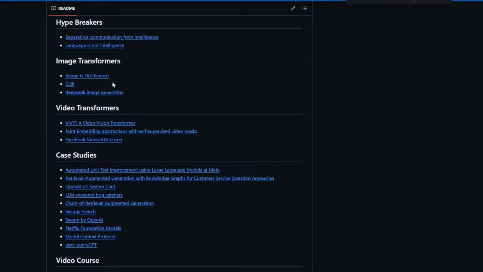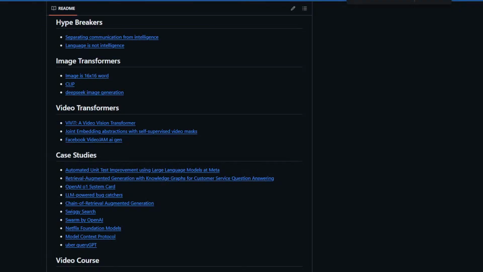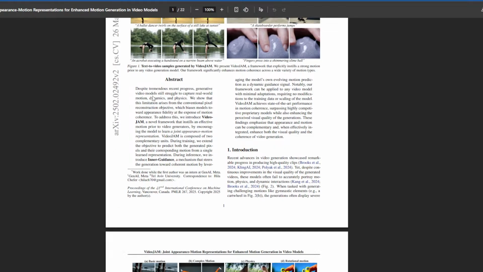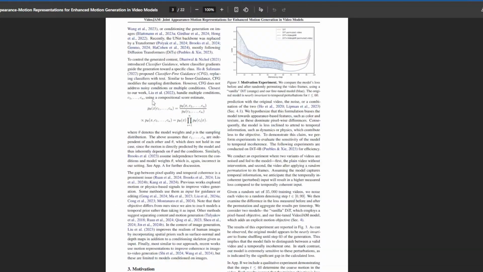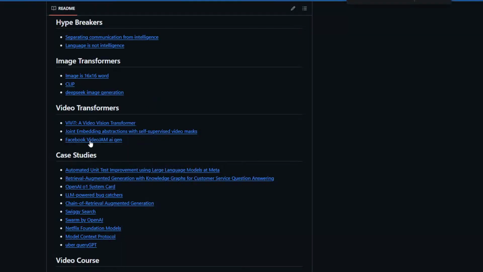Yeah, this is the one. This is not the JEPA paper, but it's similar: joint embedding abstractions with self-supervised video masks. This is exactly what I was talking about. This is pretty interesting. Maybe you can have a look. I'll share it in the chat.